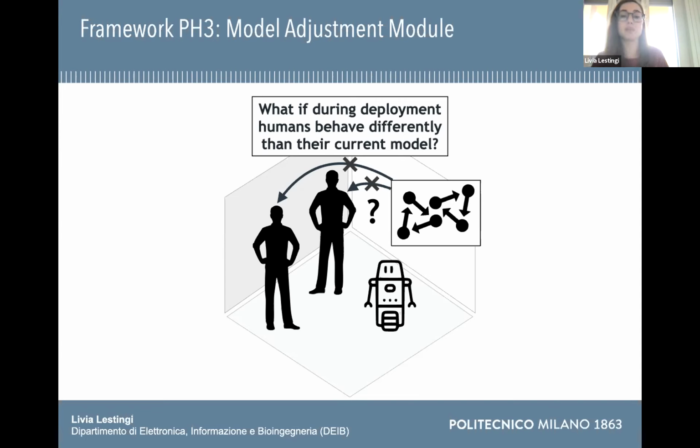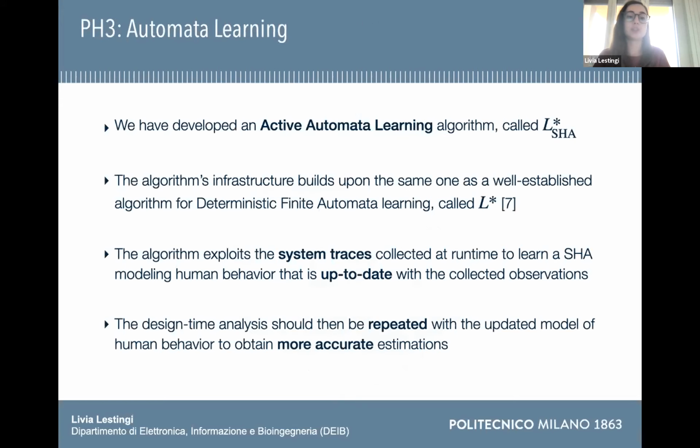So what happens if we run into this case? What happens if the human behavior that we observe at runtime is different than their formal model? This means that the estimations that we obtained are no longer accurate. So what can we do? What we did to address this issue is to develop an active automata learning algorithm, which we call